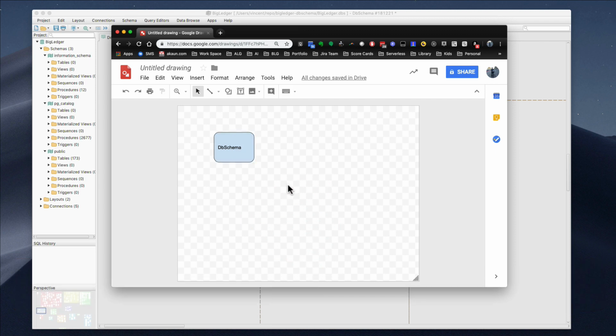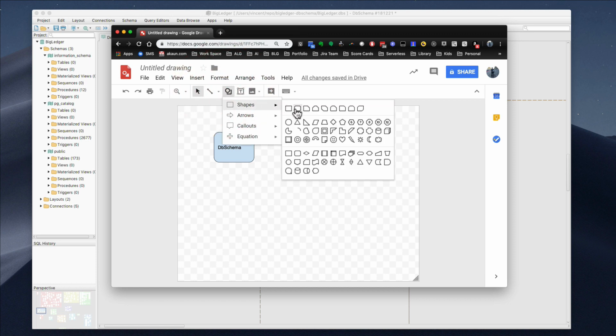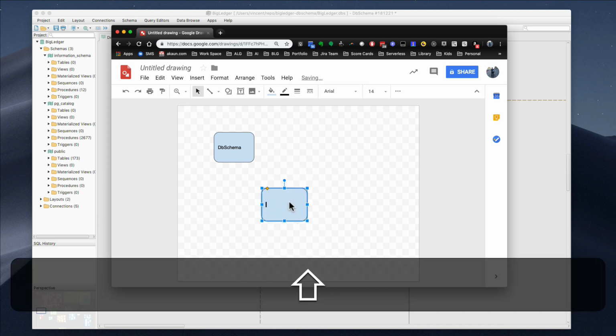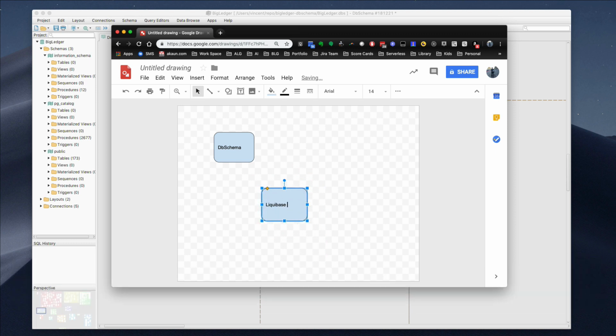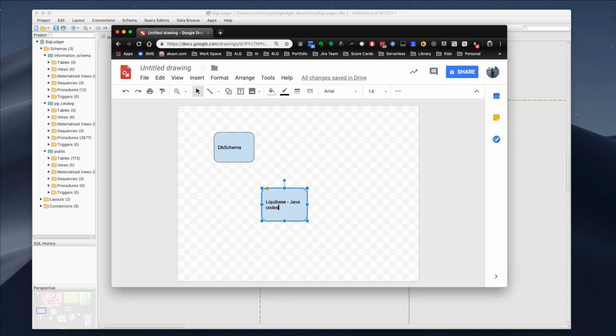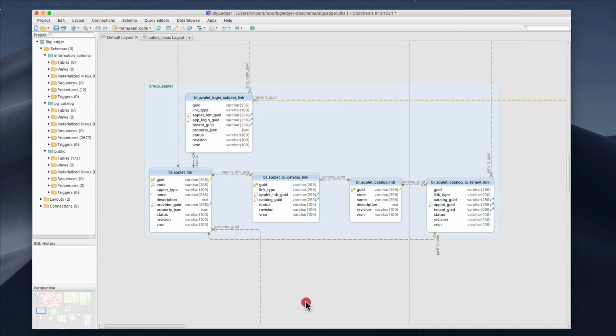So what happened is that you also have a Liquibase. So this Liquibase, I'm referring to the Java codes in a repository. That means that if I go to